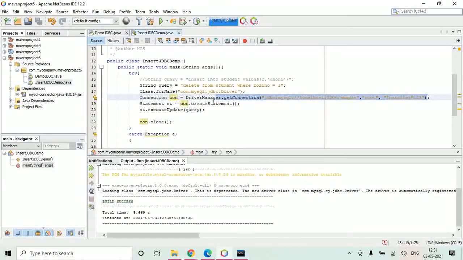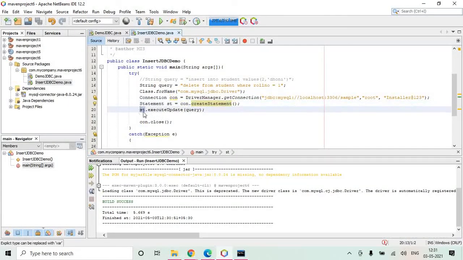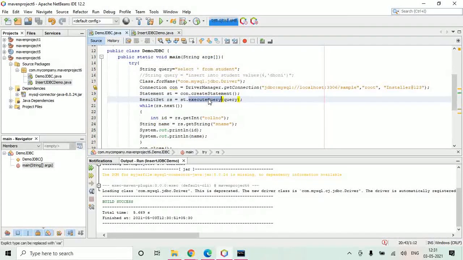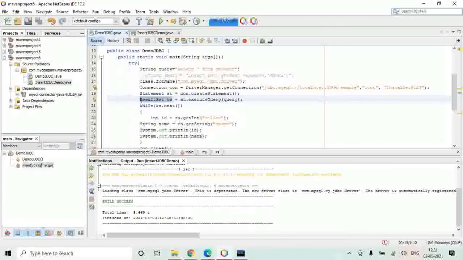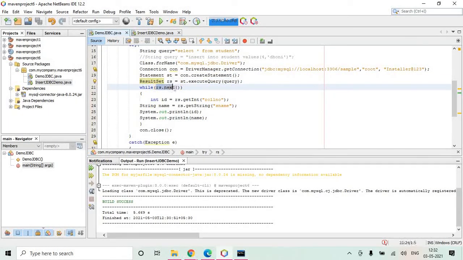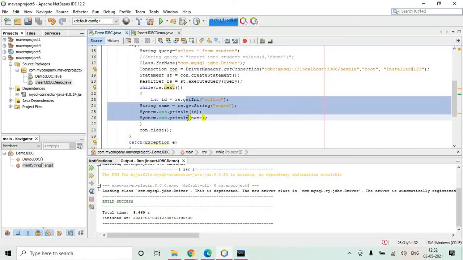Then you create a statement object. Using that statement object you execute. So executeQuery is a function you should normally use whenever you are executing a select query, and it returns a result set object. The rows fetched from the table are returned in this result set object, and you iterate through them while rows are available, and you print them like this on the screen.